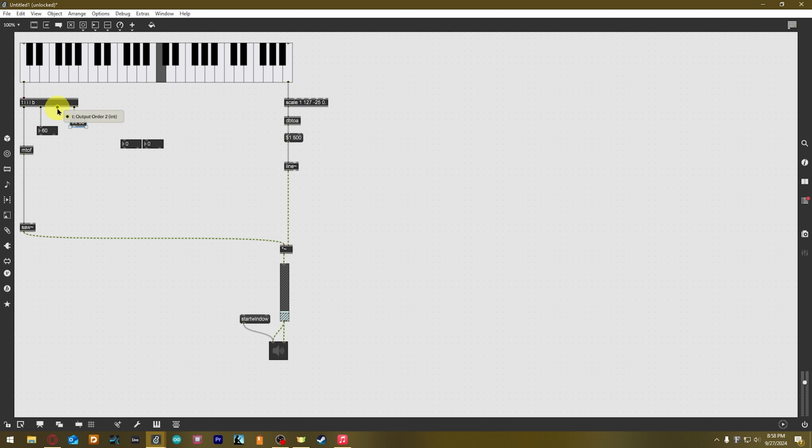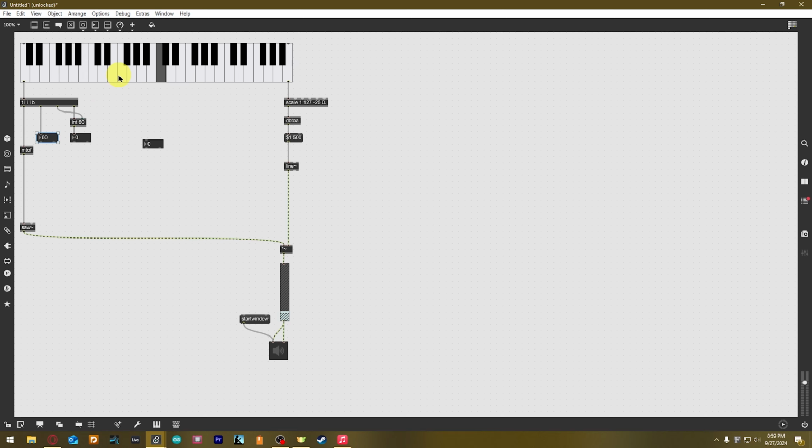And then if we just connect this to the cold inlet over here, anything coming in that will set the value without an output. So the reason we're doing it in this order is so we trigger the stored value, and then afterwards we update it with the new note. And then it's just saved there until we bang that output, update it to another new note, and we keep going. So just to see that in practice,